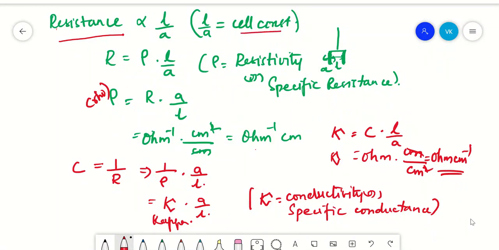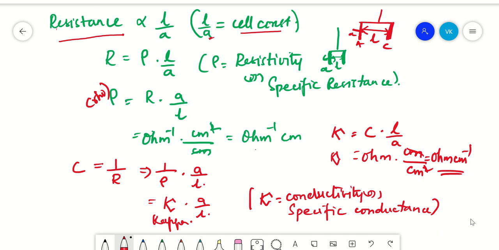What is L here? If you have two electrodes, this is your anodic electrode and this is your cathodic electrode, then the separation distance between these two electrodes, we call this L. L is the separation distance between your anode and cathode. What is A here? The area of cross section of these electrodes is called A. If you cut your electrode into two equal halves, then the area of cross section is called A.